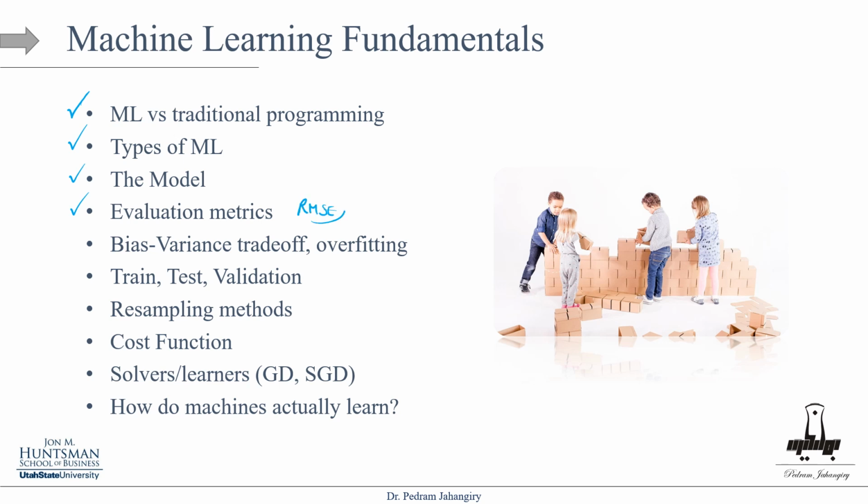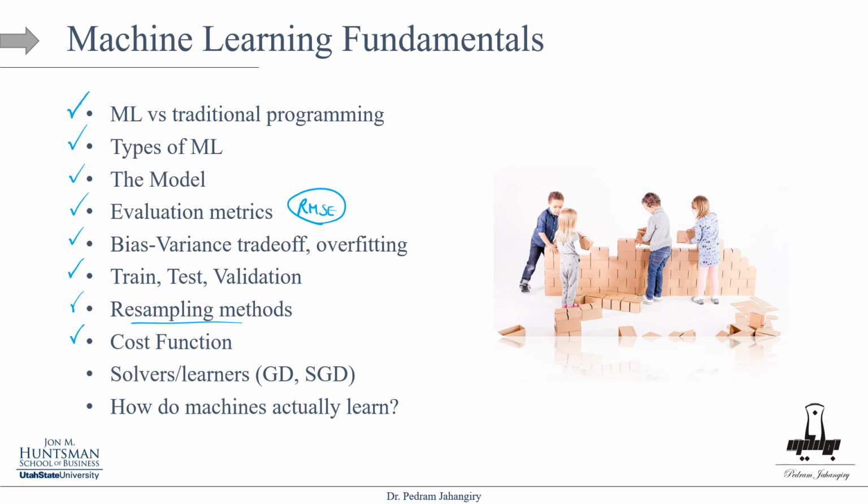In the Python part, I'm going to talk about those details a lot more. We will cover the bias-variance trade-off, the concept of overfitting. I will discuss how we split the data set into train, test, and validation set. We will talk about resampling methods, namely cross-validation and bootstrapping. I will talk about the cost function, because at the end of the day, when we talk about the concept